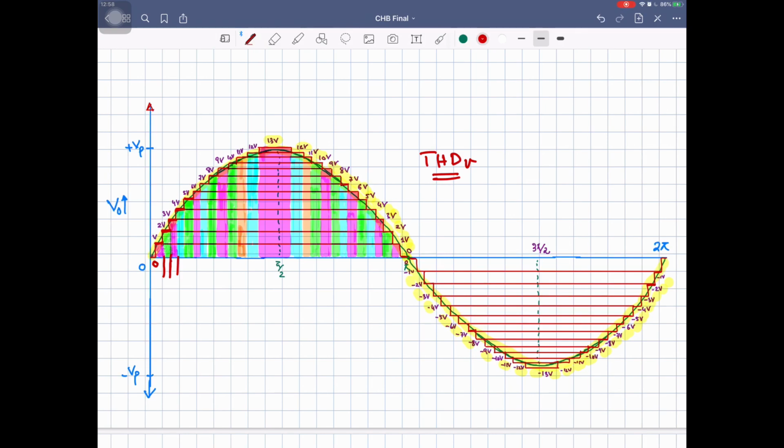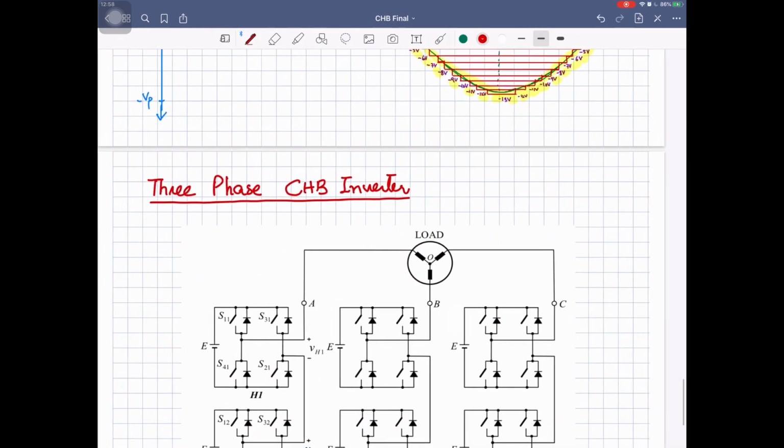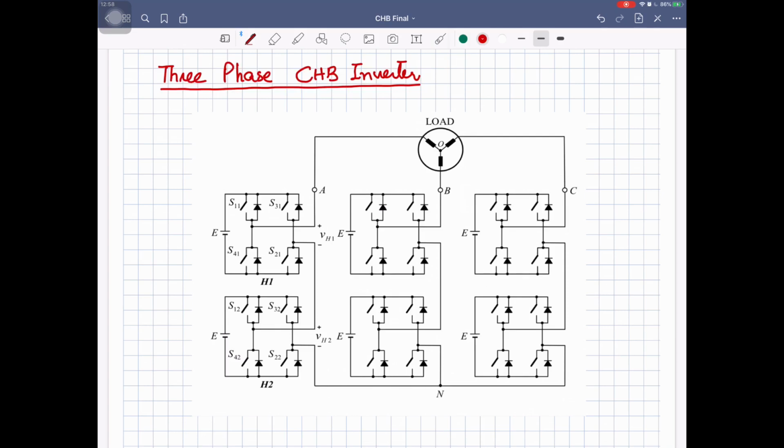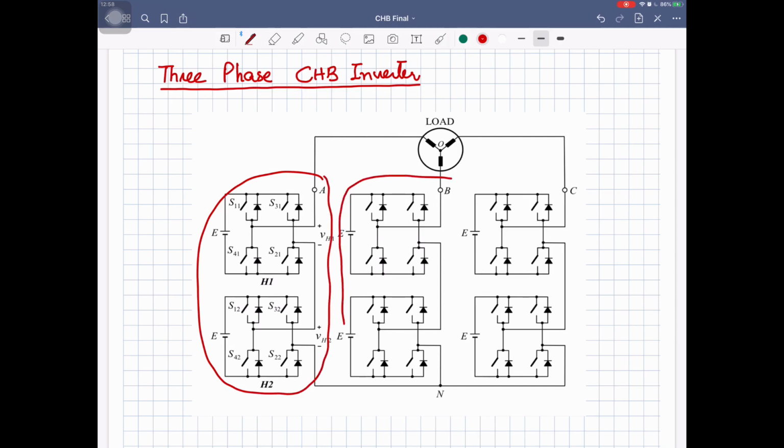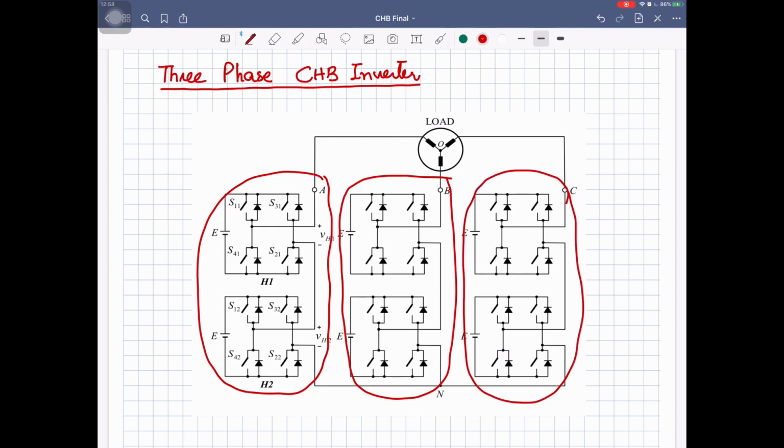So I have discussed one arm, but you can apply this to 3-phase circuits. In each phase you will have to connect one arm of the cascaded H bridges. First arm, phase A, phase B and phase C, these are the inverters. You can have 2 H bridges, or you can have 3 cascaded H bridges or 4 cascaded H bridges to increase the number of levels in the output voltage waveforms such that you get nearly sinusoidal voltage waveforms for the load.